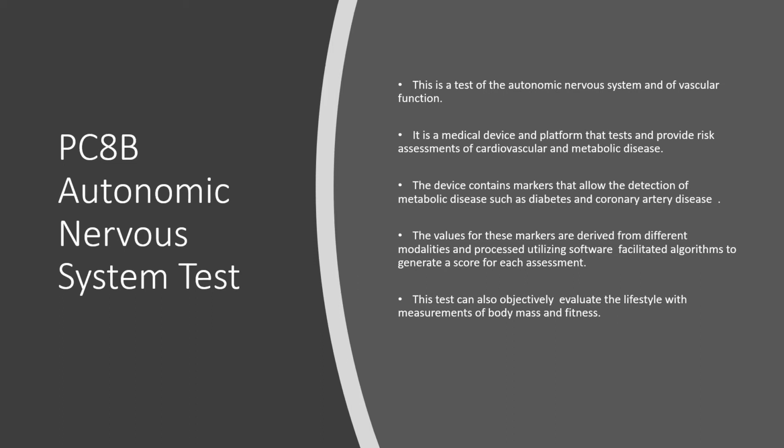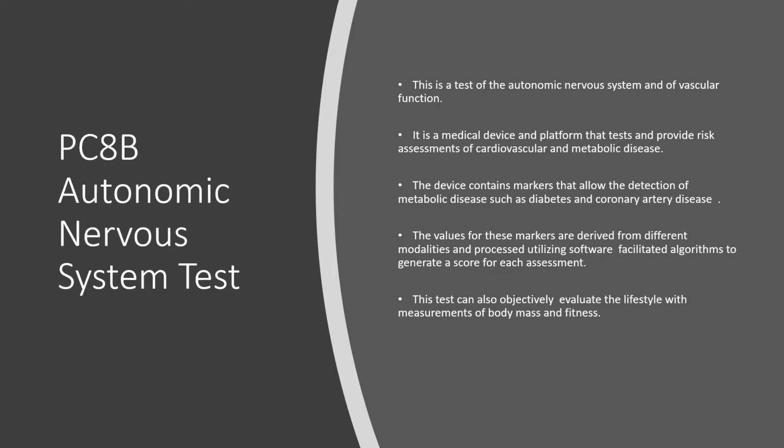Hi, I want to discuss the BC8B Autonomic Nervous System Test. This is a test of the autonomic nervous system that allows a platform for the determination and detection of risk of cardiovascular and metabolic disease, specifically diabetes and coronary artery disease. The values for these tests or markers are derived from different modalities and processed utilizing software-facilitated algorithms to generate a